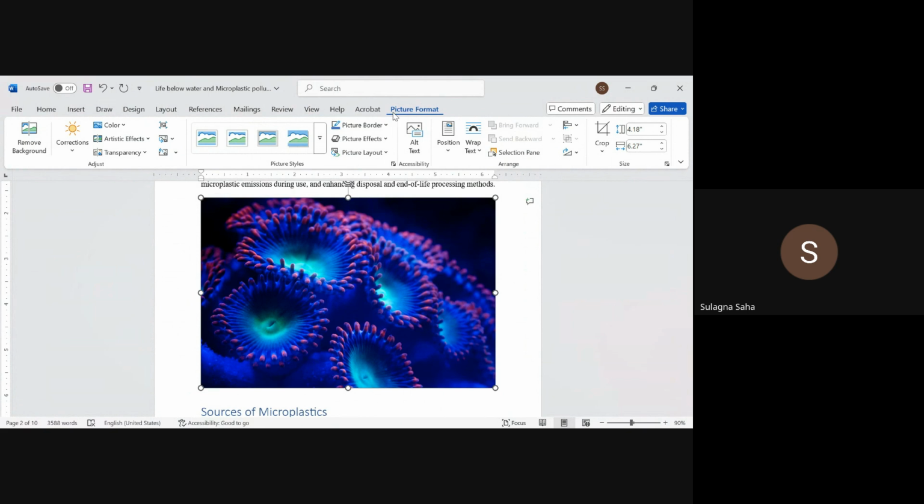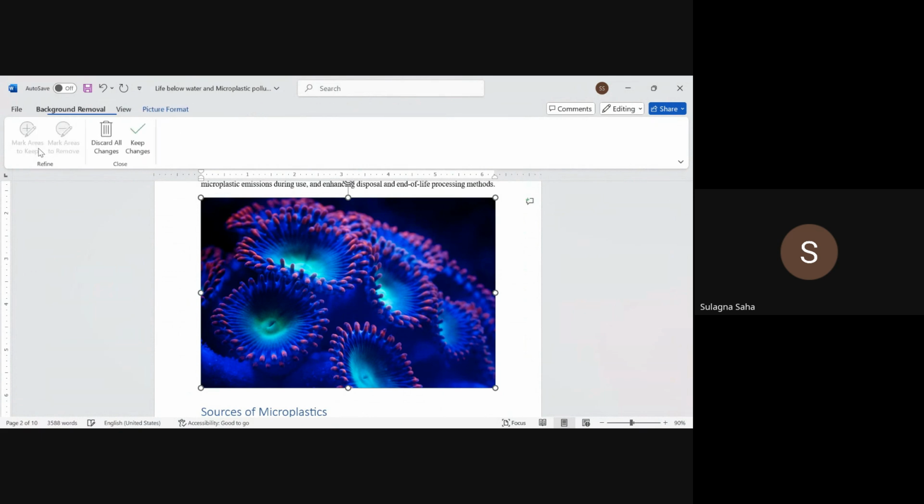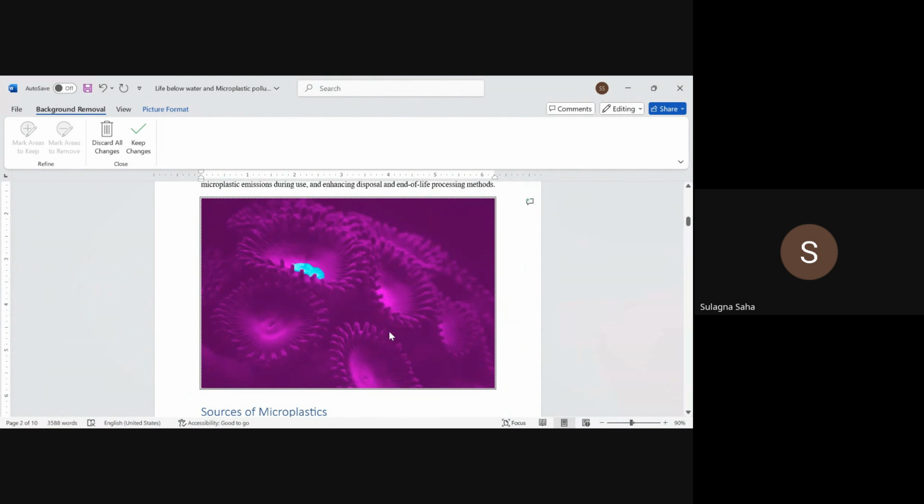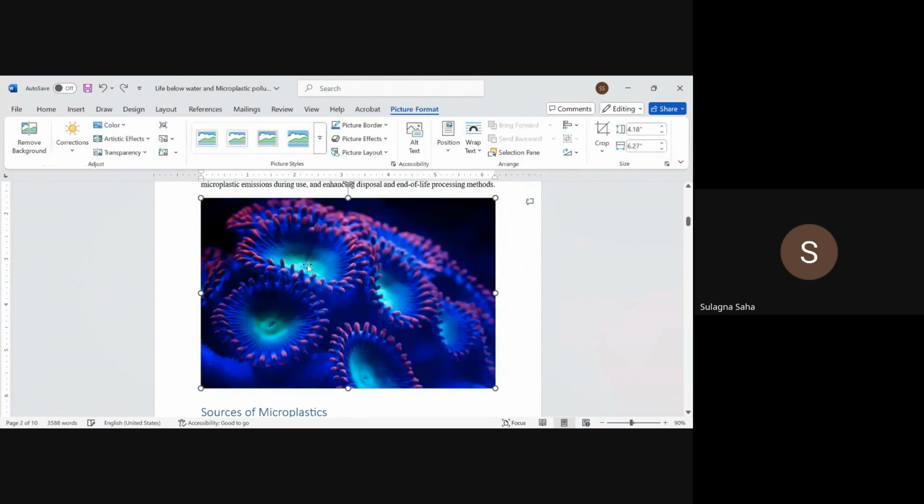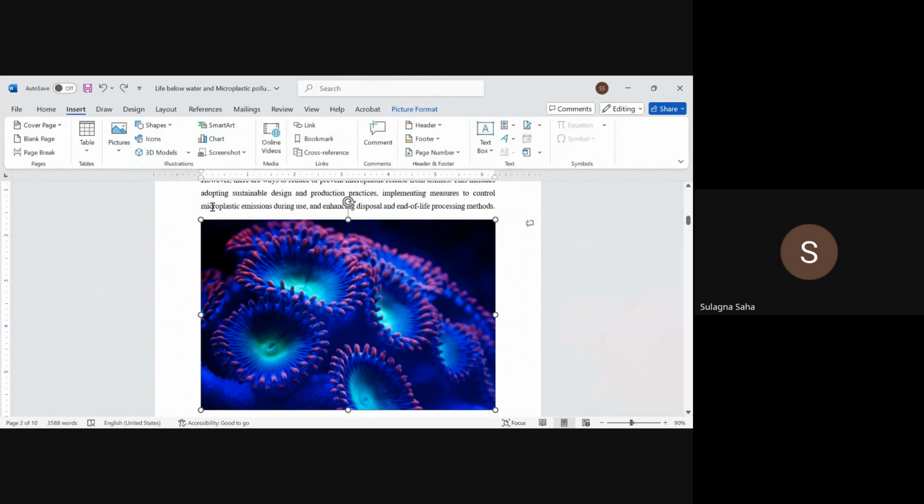Right before this, we did not have this tab. It gives me the option to remove the background, and it will remove the background. I can make certain corrections to the image, make it bright, soften it, or other things. The colors can be changed, there are variations, and there are multiple other things. I can create a border for this picture, and add certain effects. Going back to the Insert button,